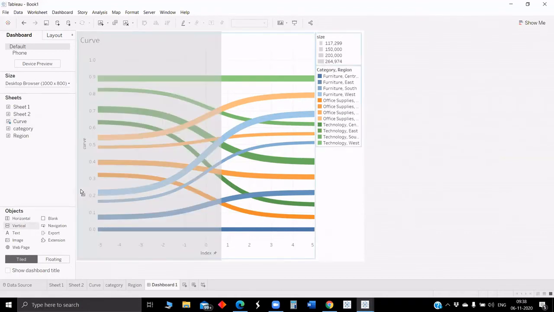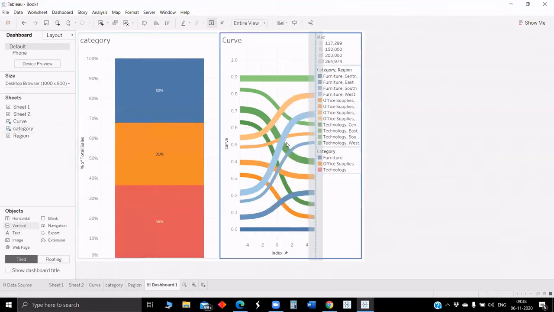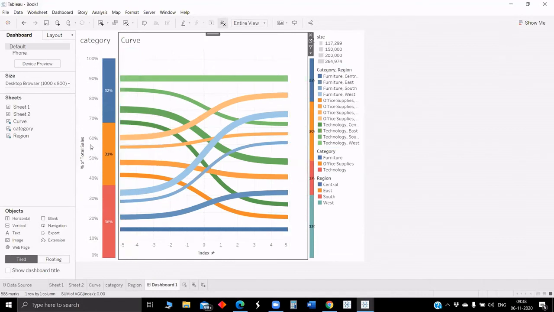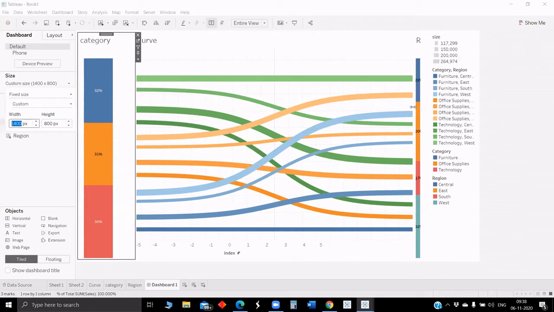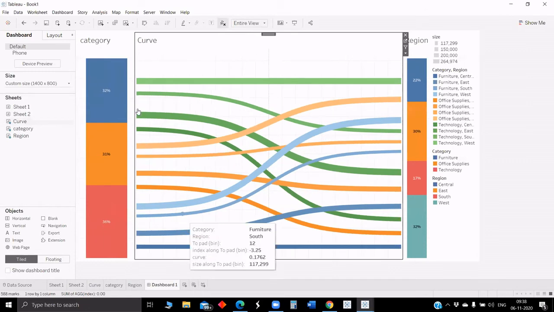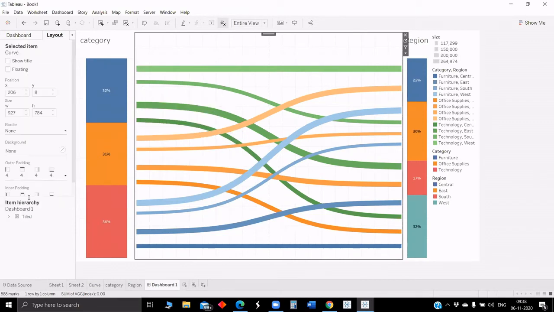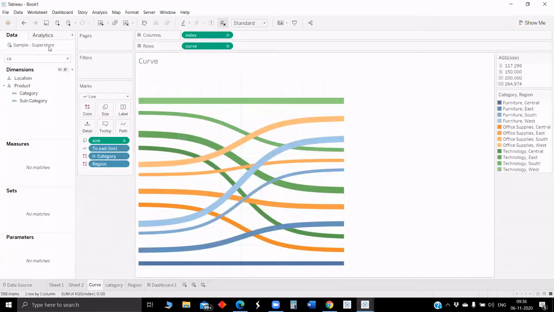Fully vertical, category. So just reduce the padding to 0, remove the grid lines.